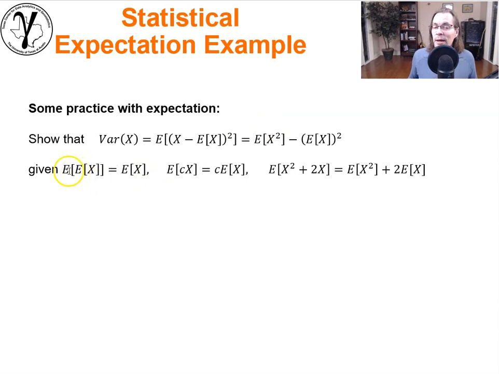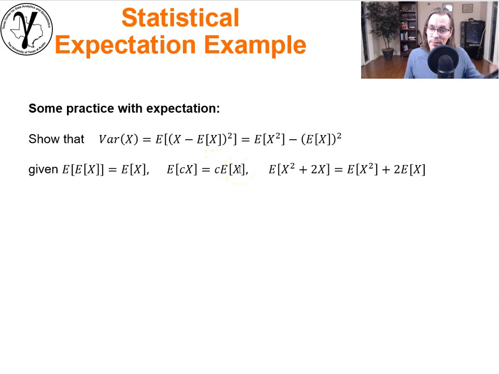Now remember, the expectation of an expectation is just an expectation. You see that? Effectively what we're saying is the average of an average is an average. Okay? That's the first thing you have to remember, because that's going to come up. And remember this rule right here. If you have the expectation of a constant times a random variable, it's simply the constant times the expectation of